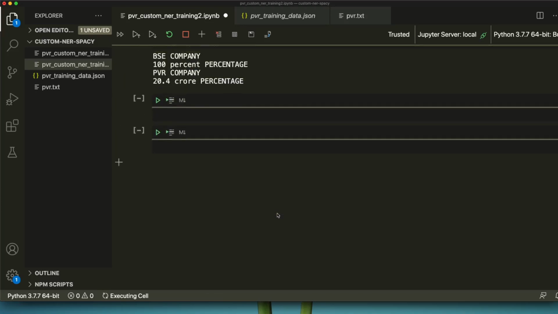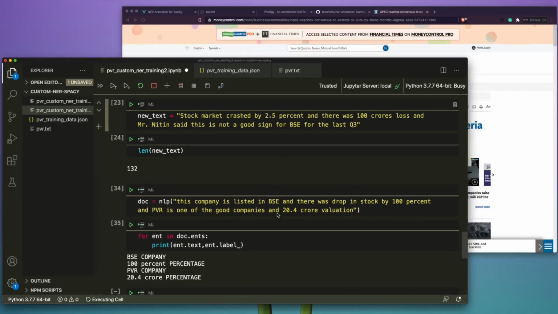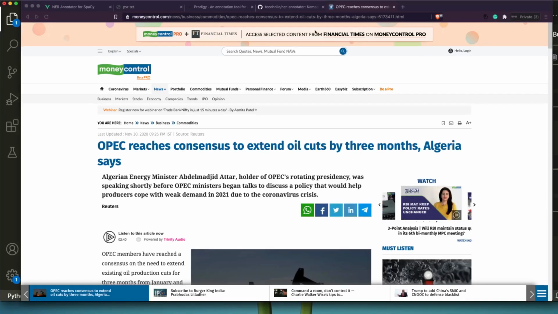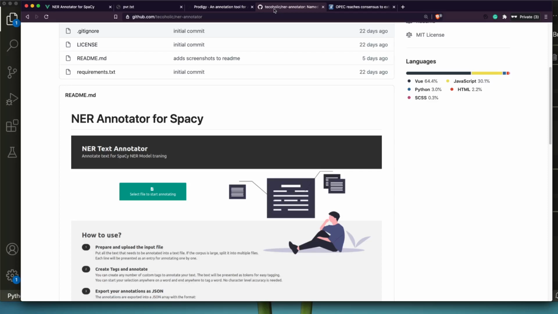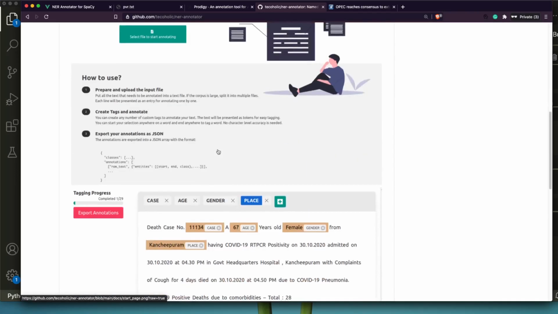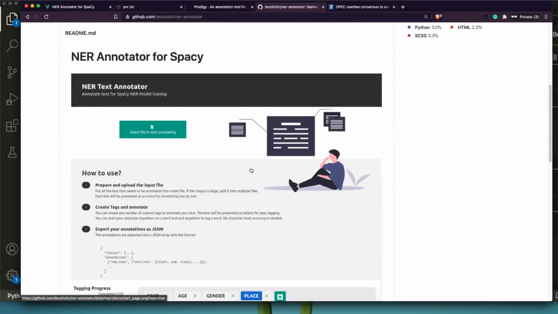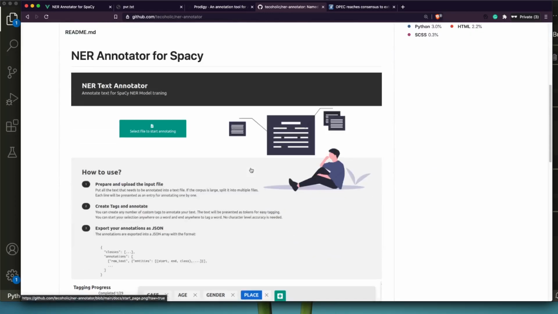This video is not primarily to tell you how to train a model, but mainly to appreciate the good work put out by the developer, Techaholic, Arun Murray. This is an open source NER annotator for spaCy. You can easily get started with it. If you like this open source project, please star the repo and support the developer. There are multiple ways you can use it without having to worry about how to train a text or going through the pain of it.